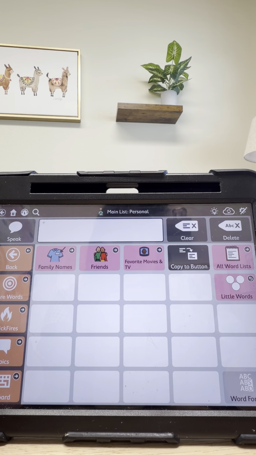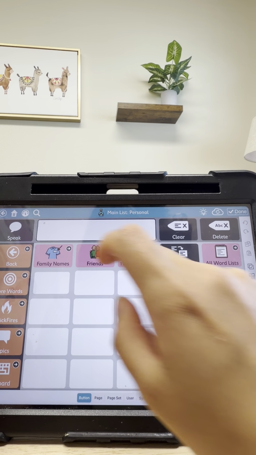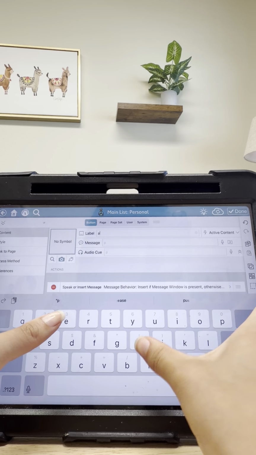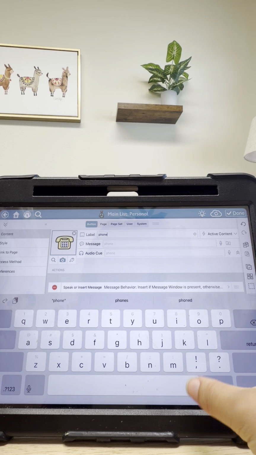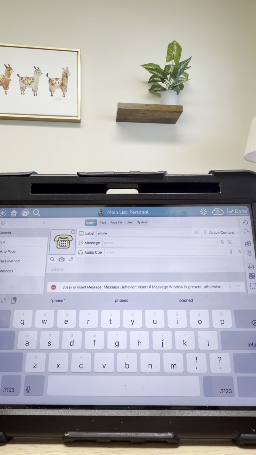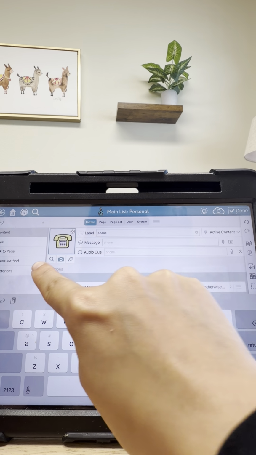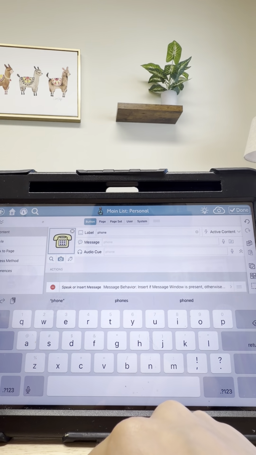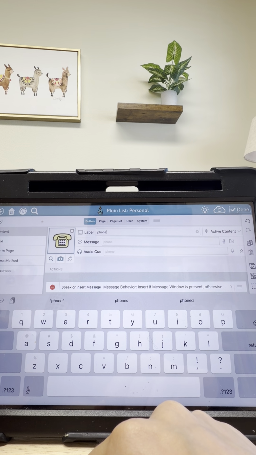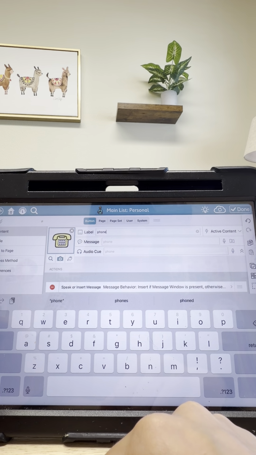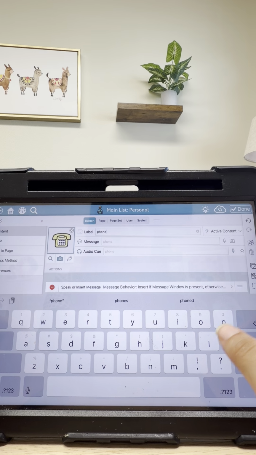And so an example for that for me would probably be my phone. I hate that that's my first example, but we're just going to go with that. So I'm going to type in phone up in that box. So I did that kind of fast, but I pressed on the white button and then I typed in phone. And then it's going to pop up with an image that is taken from the TD Snap personal image board maker